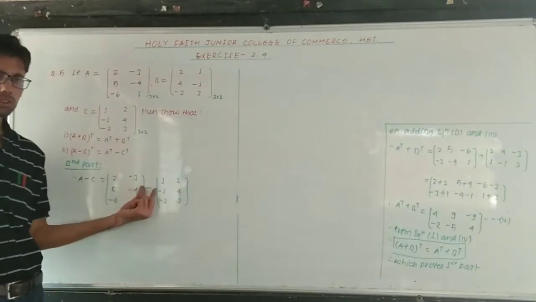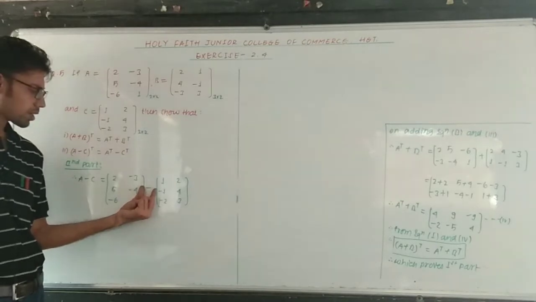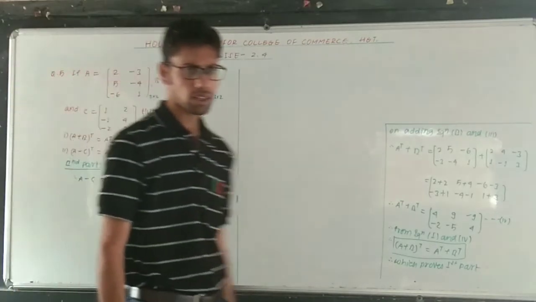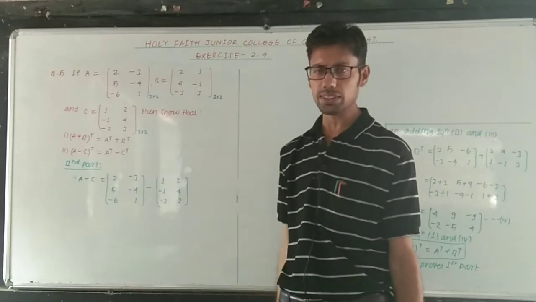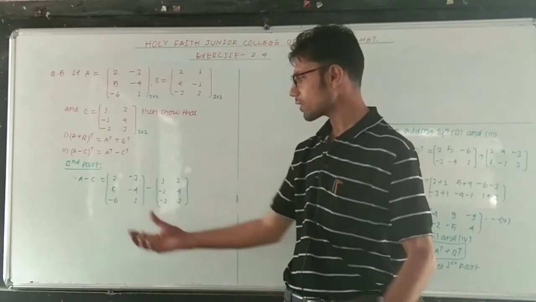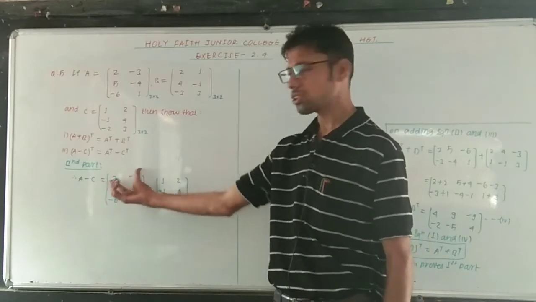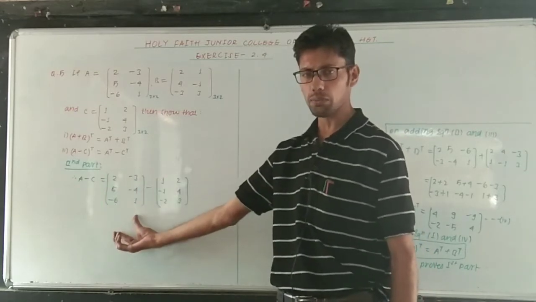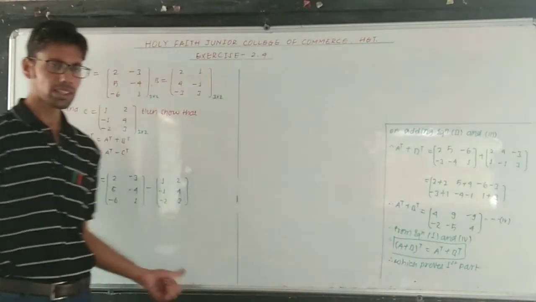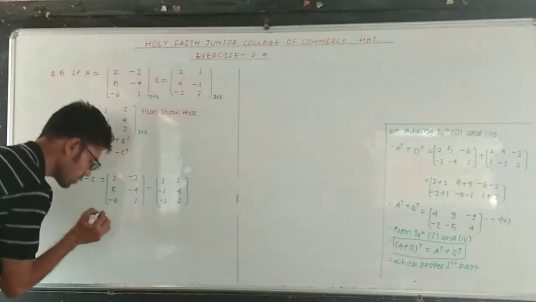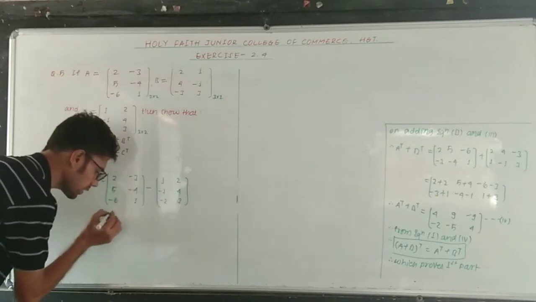Now we have to do the subtraction of two matrices. Subtraction of two matrices is possible only when their orders are the same. What is the order of that matrix? It contains 3 rows and 2 columns. Its order is 3 by 2. Its order is also 3 by 2. It means that matrix subtraction is possible, which is equal to 2 minus 1,